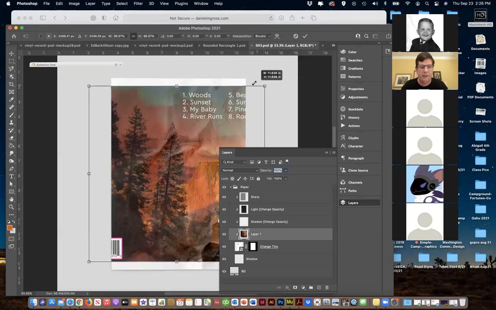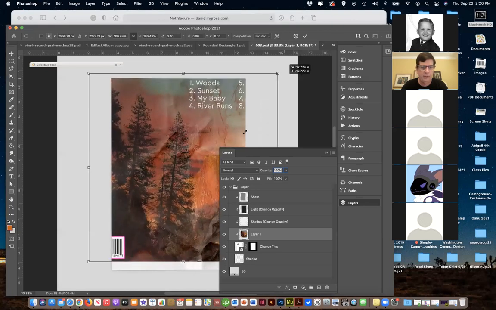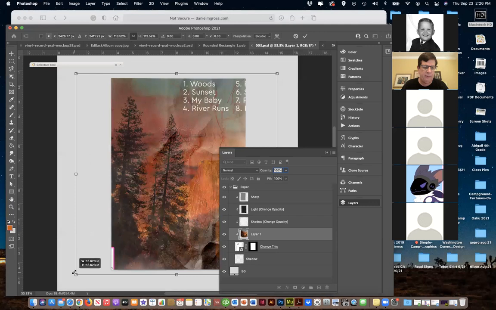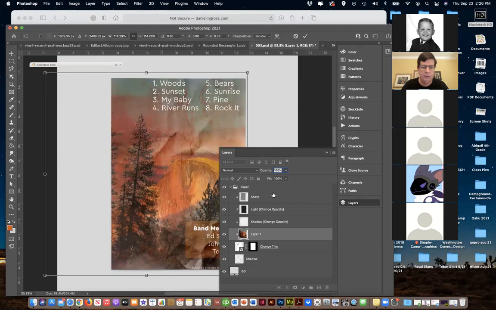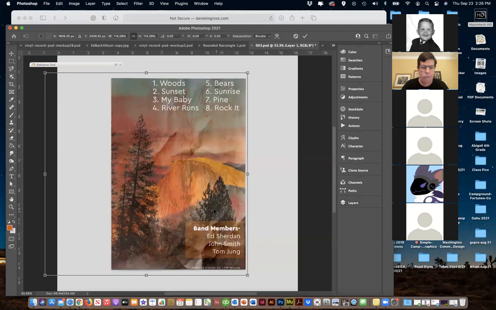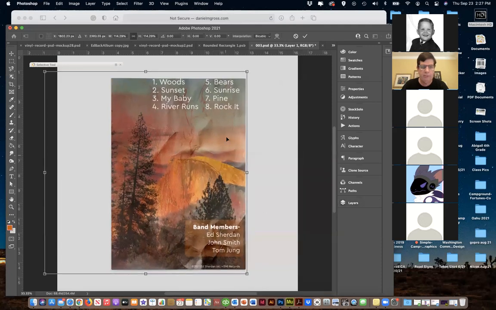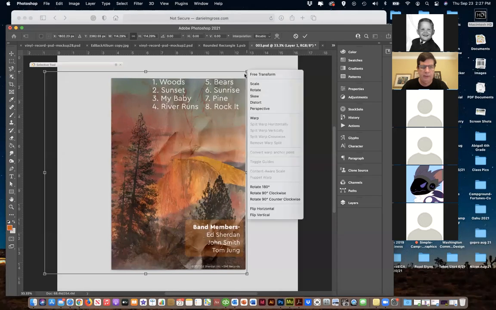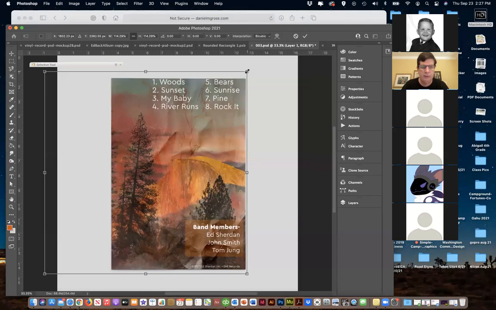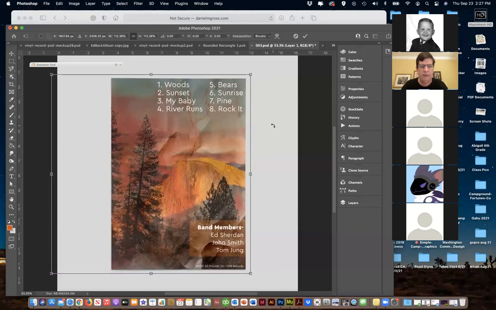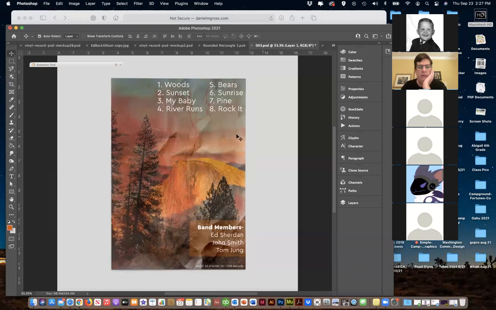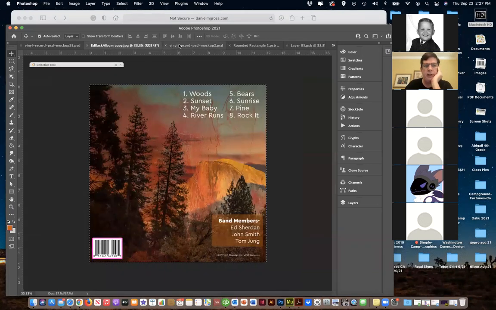I'm going to just scale it up to fit. And it's not the right proportion, but you get the feel for it. I'm just going to slide this over. Does that work? Move it up. I'm just kind of putting it in. Let me scale down a little bit. Right there. So we're going to say that's cool. Hit return. It's there. I'm going to save this little file I worked on, close it, and then when I come back to